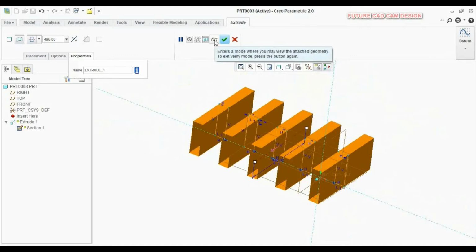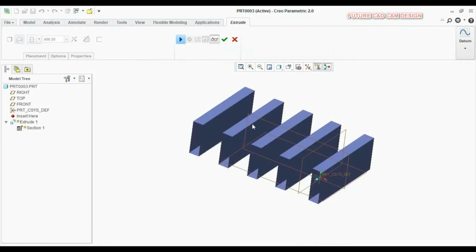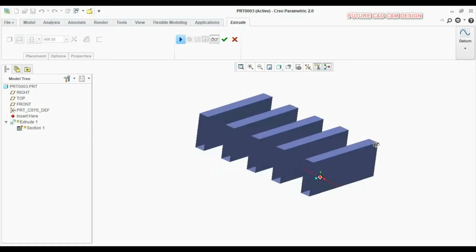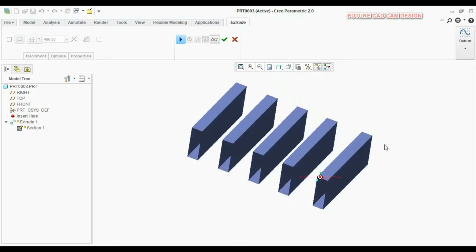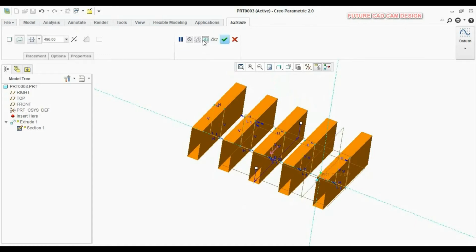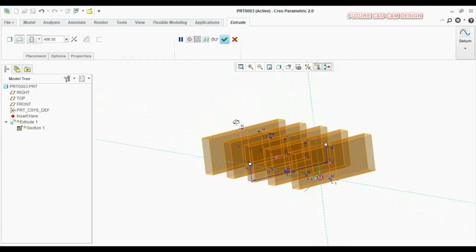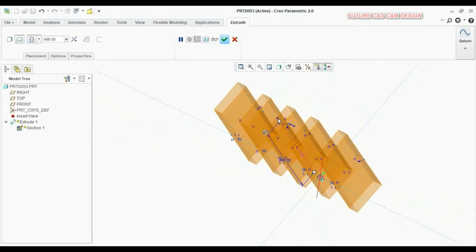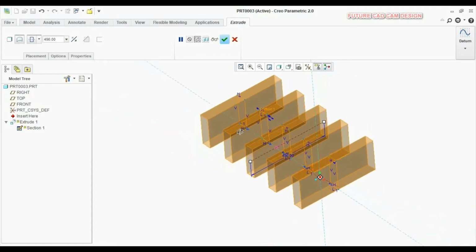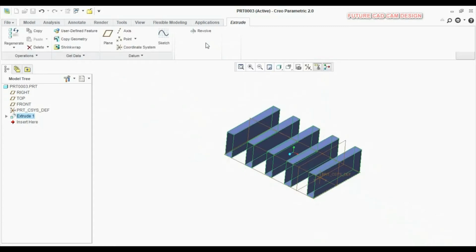This option represents the preview option. There is an icon like specs. It represents the preview option, which shows how your extrude component will behave when you exit the extrude command. The second is as a solid component, so you can preview your part as a solid. And next is as a transparent part. For example, when I am making an extrude, you can see the transparent view.